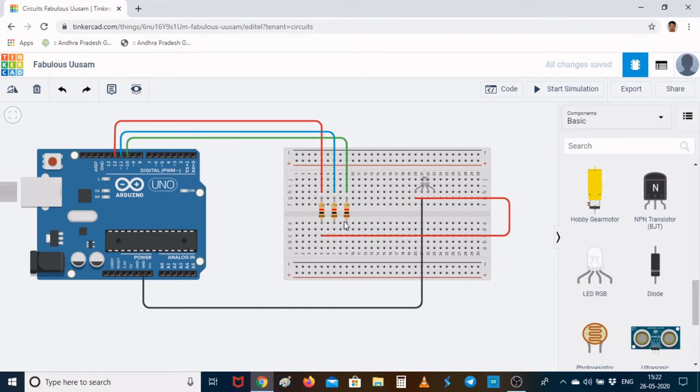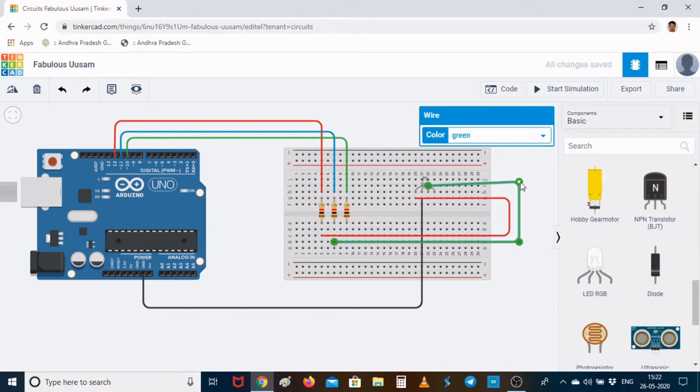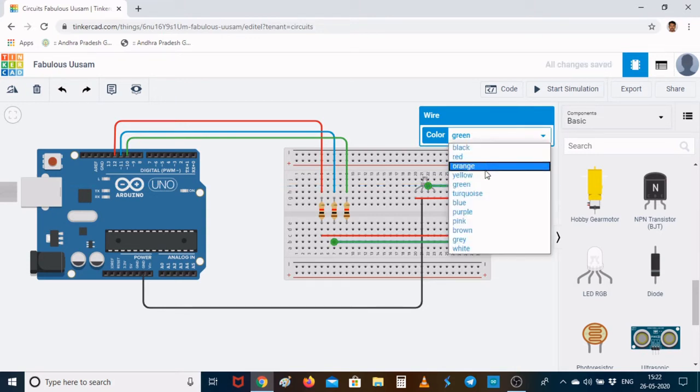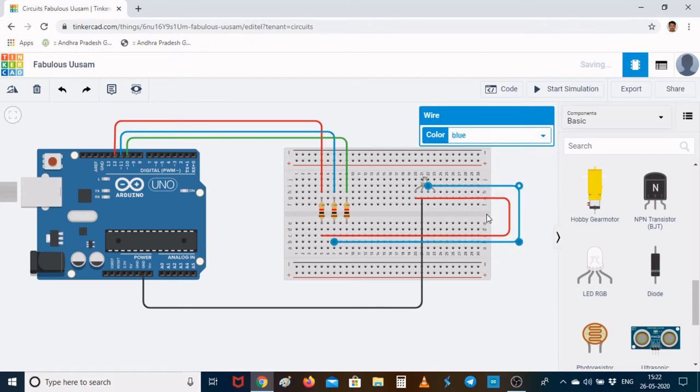Okay. Similarly, I can connect this blue color wire to the blue LED of my tricolor LED. Right.